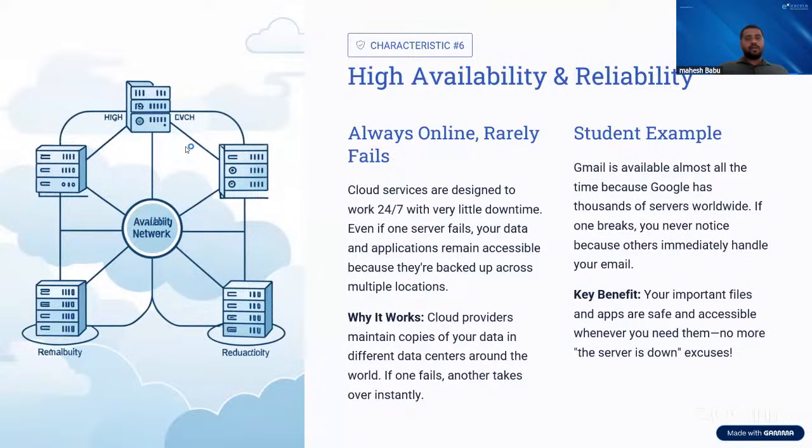So participants, I hope the relation is clear to everyone. Can anyone say which is proportional to which? Whether reliability is proportional to availability, or availability is directly proportional to reliability. What is the correct relation? Anybody can write in the chat box, please. It would be appreciated. Which is proportional to which, whether availability is proportional to reliability, or reliability is proportional to availability. I think we already discussed this in yesterday's class as well.